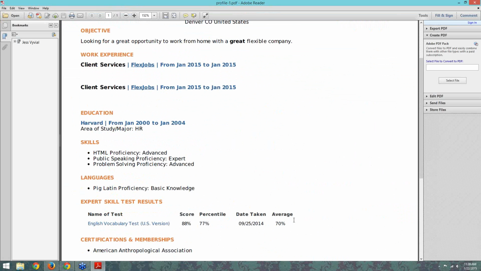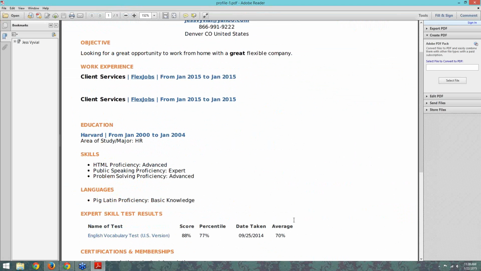Other job seekers will use the skills test when an employer, our featured employers, have the option of requesting that you take certain tests to submit with your application. So if we